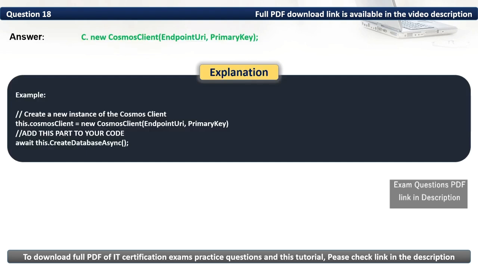For example, create a new instance of the CosmosClient: this.cosmosClient = new CosmosClient(endpointUri, primaryKey); Then add this part to your code: await this.CreateDatabaseAsync();